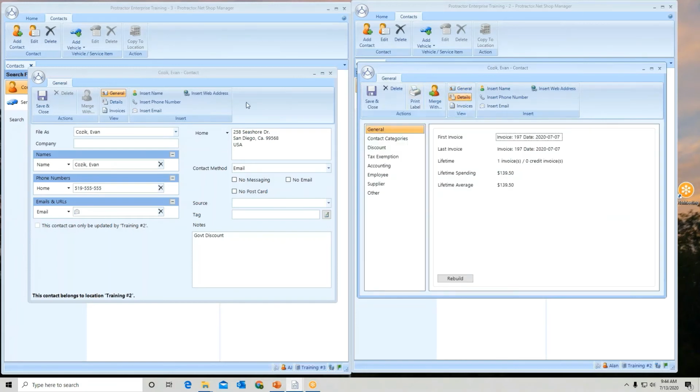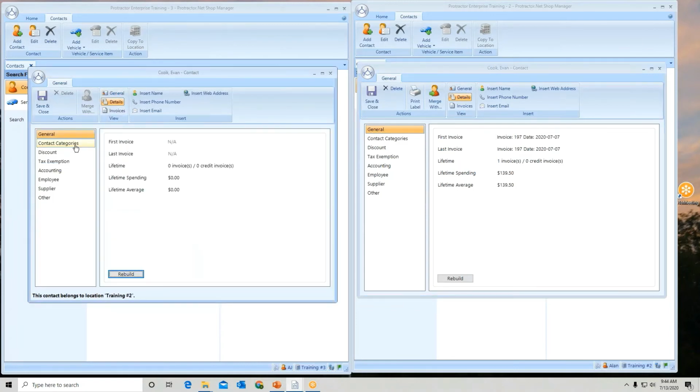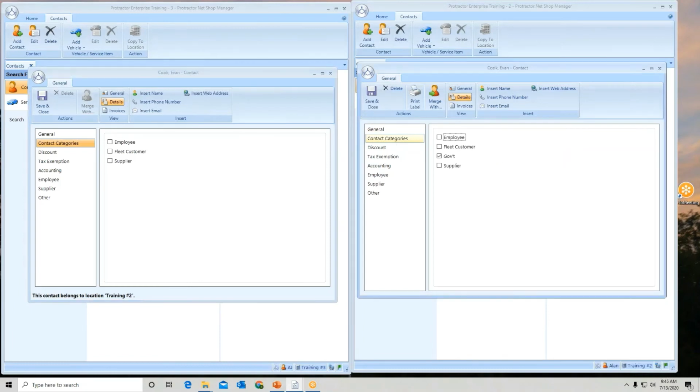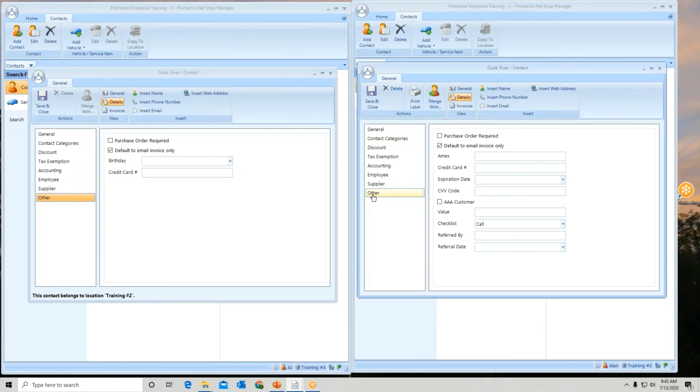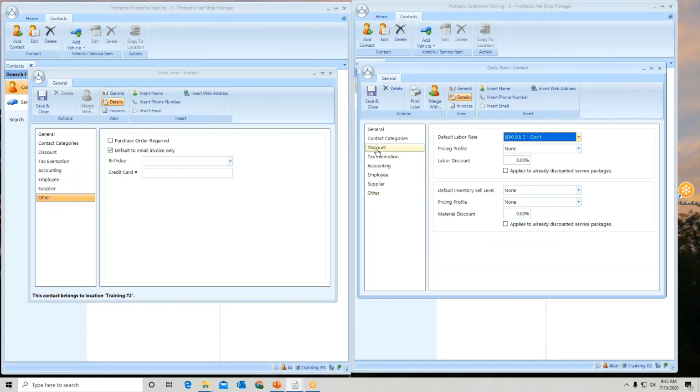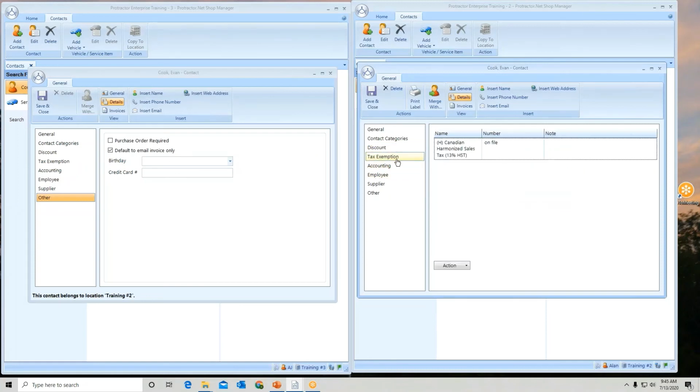When I go to details, contact categories will follow over if they're set up at the enterprise and shared across all the locations. Attributes, as these features right here, will follow across. Things that won't would be discounts, such as pricing profiles or specific labor rates or labor part discount, tax exemptions,